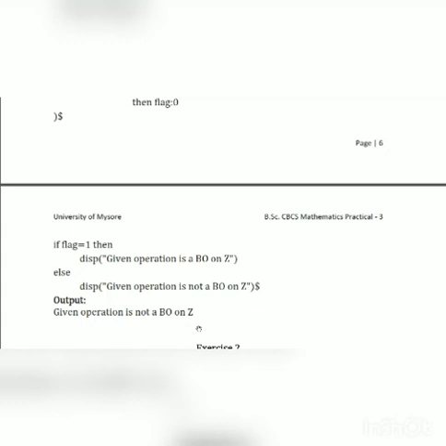Now we'll execute this in Maxima. Let's write the program. As usual, first we have to start with kill(all) with a $ sign. It will not display. Now write the set. What is your set? It is 0, 1, 2, 3, 4. I have assigned it to Z. I don't want to display this, so I'll put a $ sign.